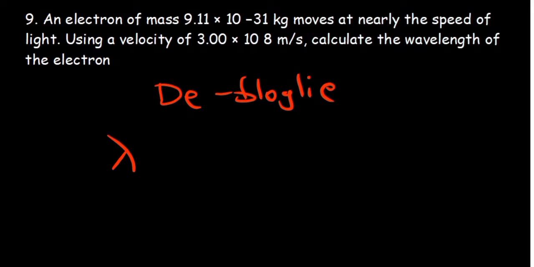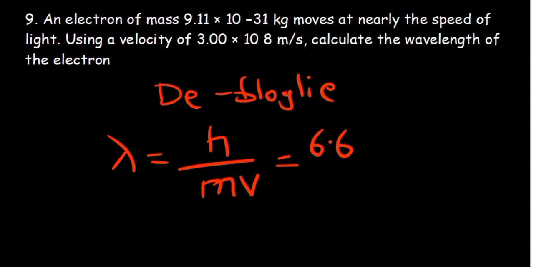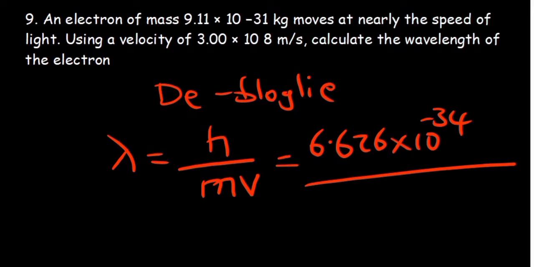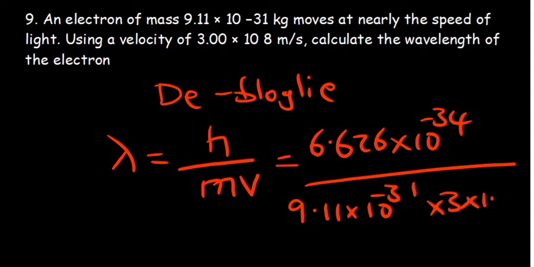So the wavelength, or the de Broglie wavelength, is given as Planck's constant divided by the momentum, which is a product of mass and velocity. So we have 6.626 times 10 to the power negative 34 divided by, what is our mass? Our mass is 9.11 times 10 to the power negative 31, and our velocity is 3 by 10 to the power 8. Okay, so we'll start with the denominator to make it easier. 9.11 times 10 to the power negative 31 multiplied by 3 by 10 to the power 8. So when we're trying to divide that into the Planck's constant,